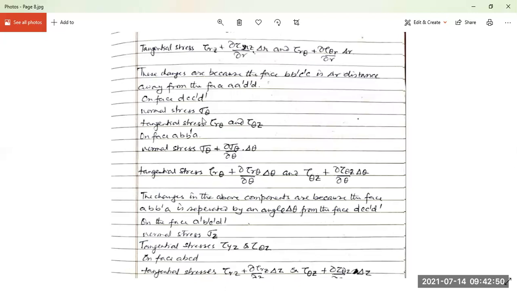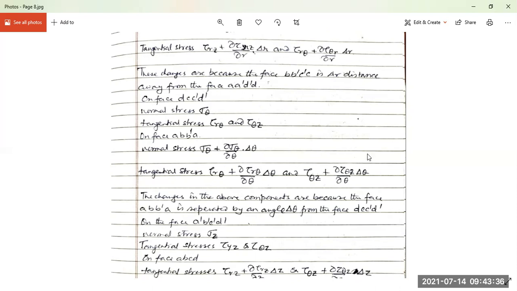Now this is sigma theta. It is because this is acting along the circumference, and theta is the measurement of the circumferential length, and the tangential stress is tau r theta and tau theta z. What is tau r theta? Both these things are acting along the circumference z theta, and this is acting along the axis and longitudinal axis z itself. Here it is along the radius itself, and here it is along the circumference itself. So on the last phase a b dash a dash,